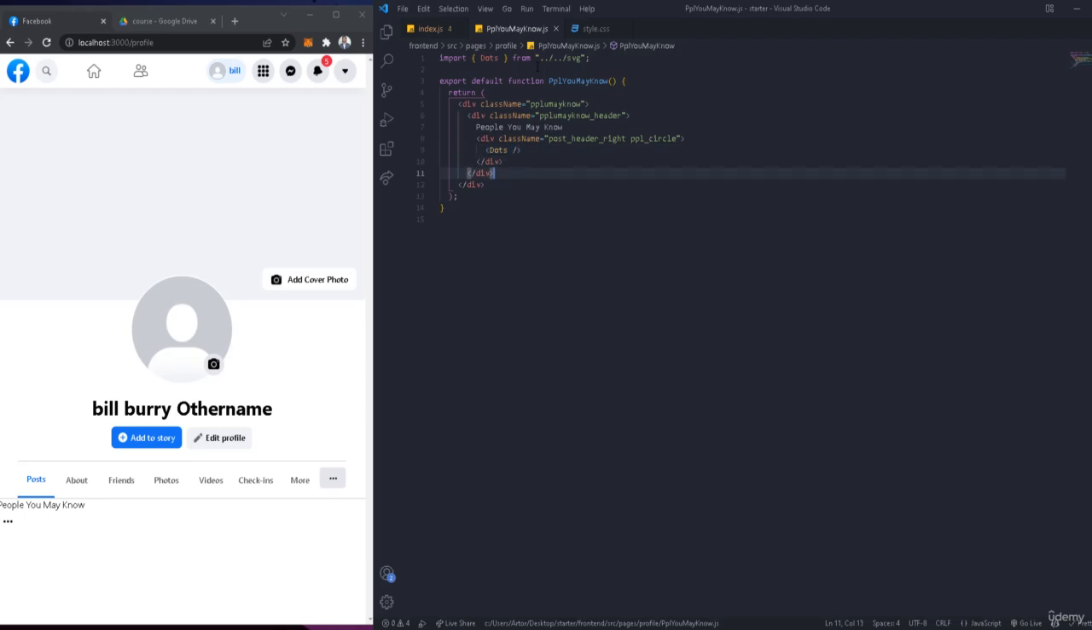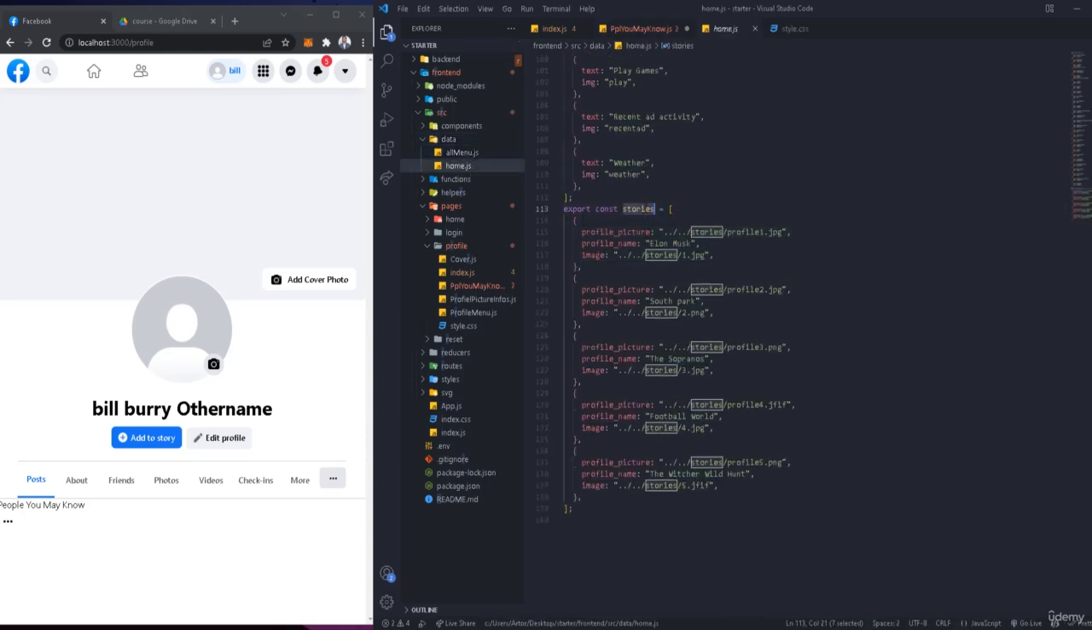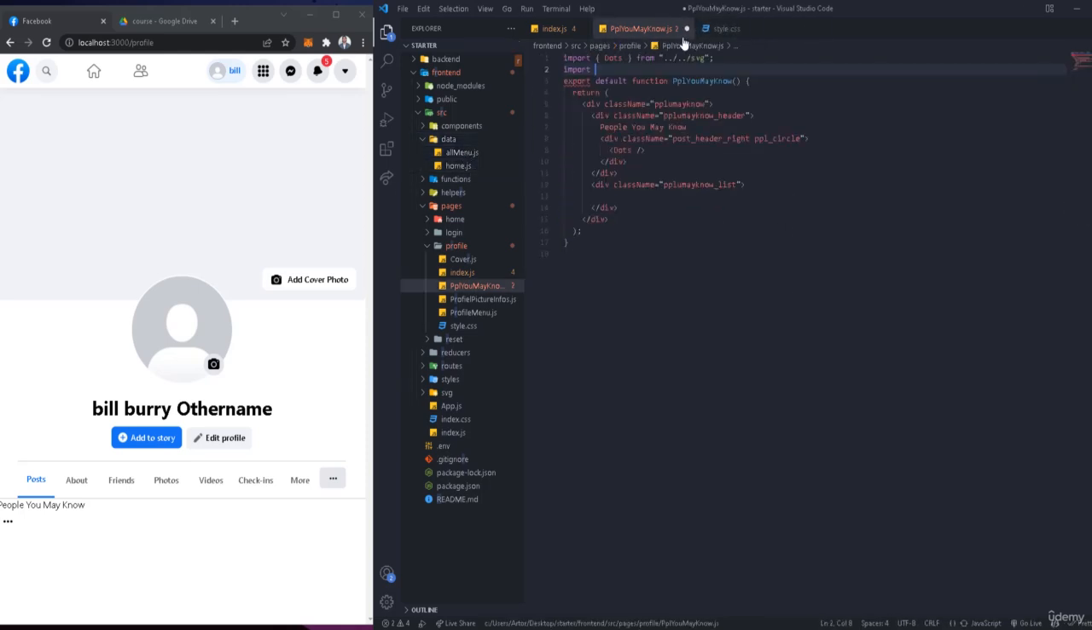After these two divs we're going to have another, which is going to be the list, people you may know list. Let me just fix this, it's actually confusing with the names. Let me go back right here and import. We're going to use the same data we had in the story. If we go back to data, and then the home, we have these stories right here. We can get them and use them again, so import stories